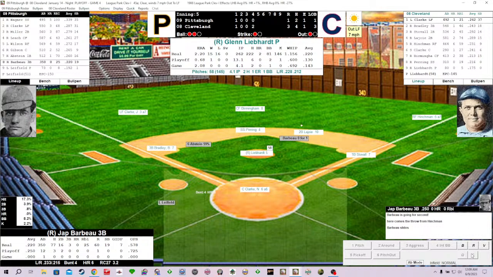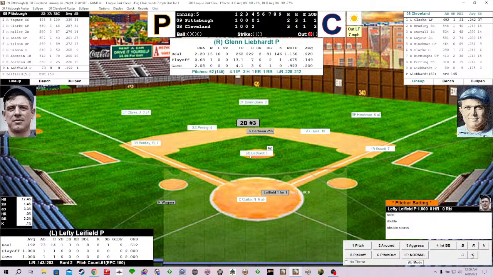Jap Barbeau got good contact on that ball to slide the tag. Barbeau is safe. Abstein will come around to score. And the Buccos now back in this ball game. It is 3-2. Beautiful hit and run executed by the Pittsburgh Pirates. But again, should the Pirates lose this game tomorrow in the Pittsburgh Post-Gazette, they may be talking about the base running gaff of George Moon Gibson. Of course, older fans who would have seen King Kelly years past, 20 years before this or so, would have said, "You're not King Kelly, don't do that again, Mr. Gibson."